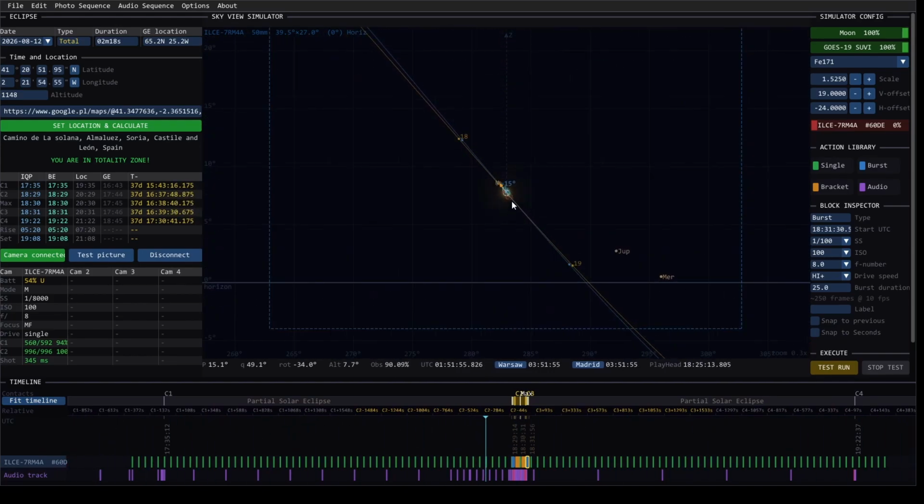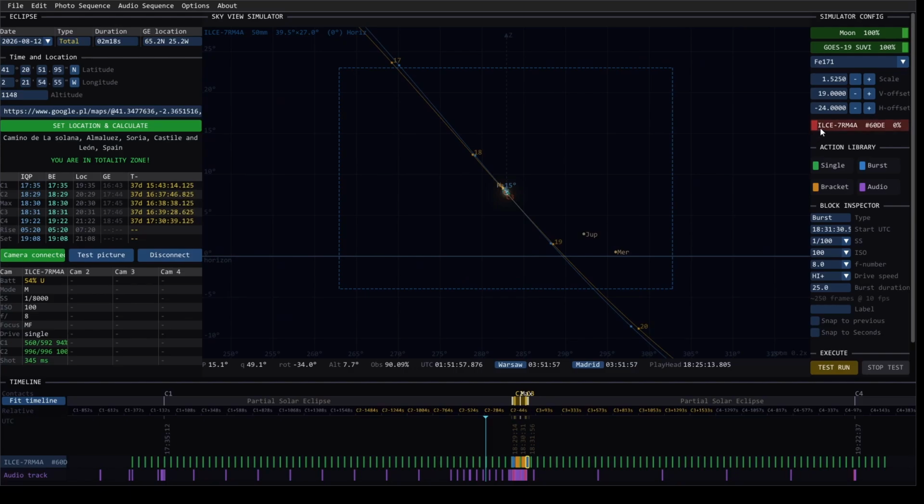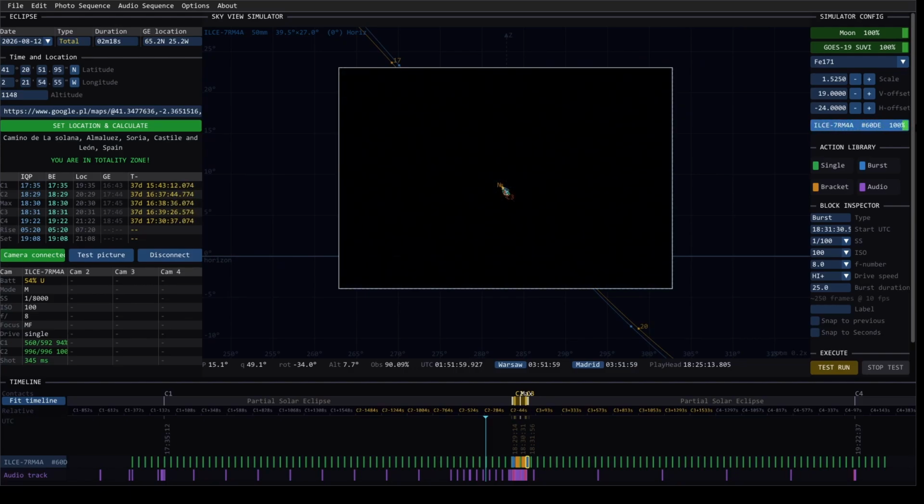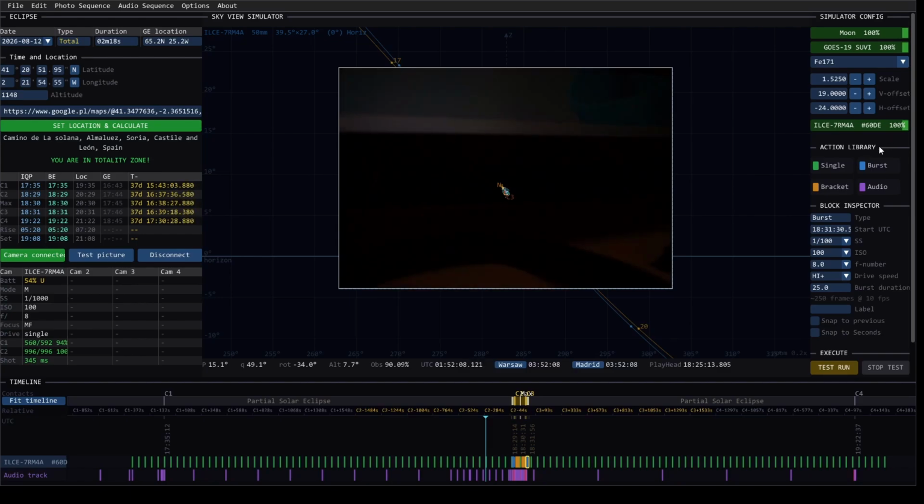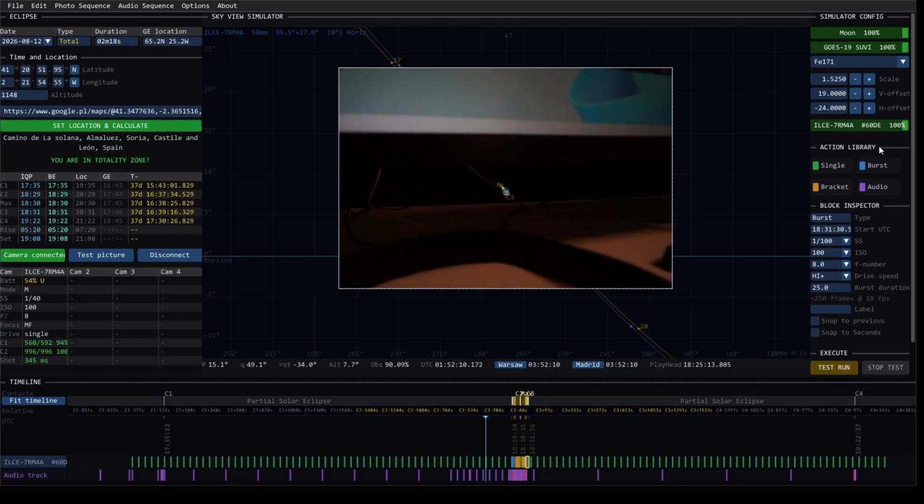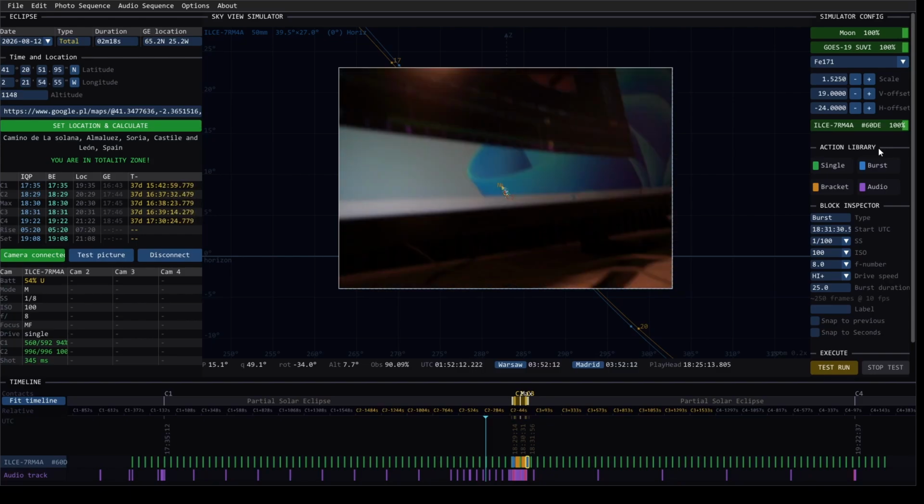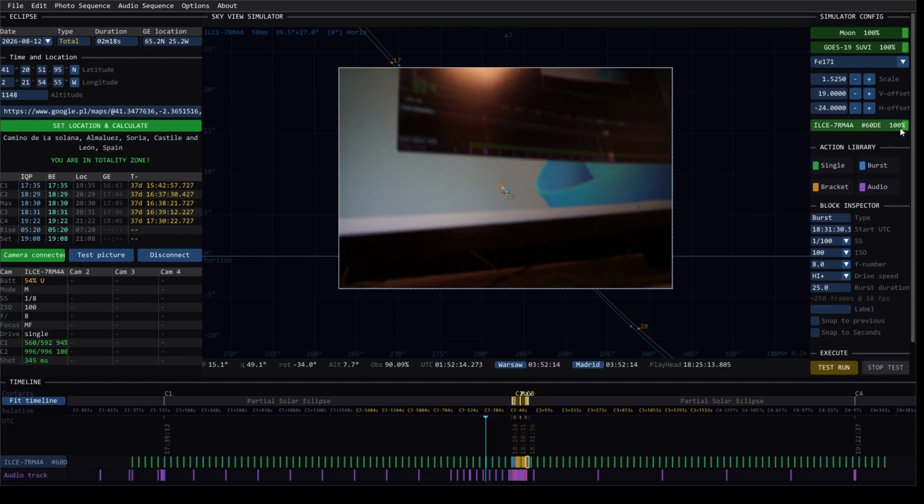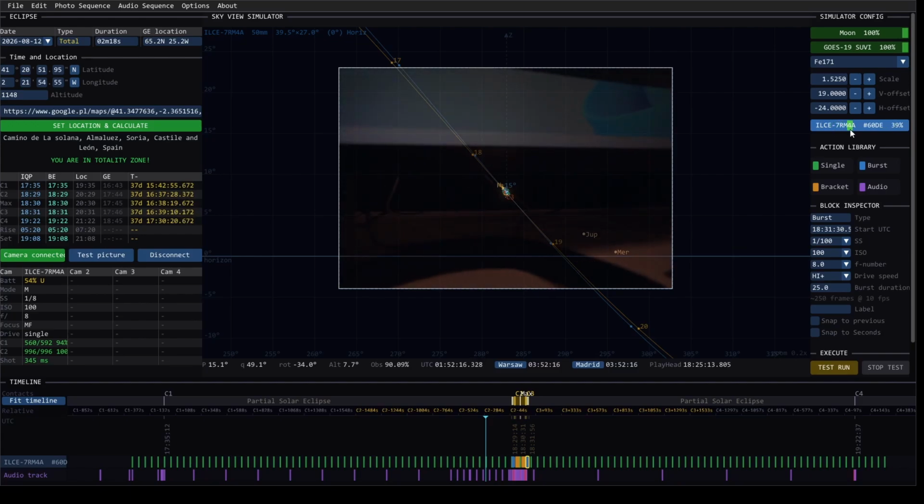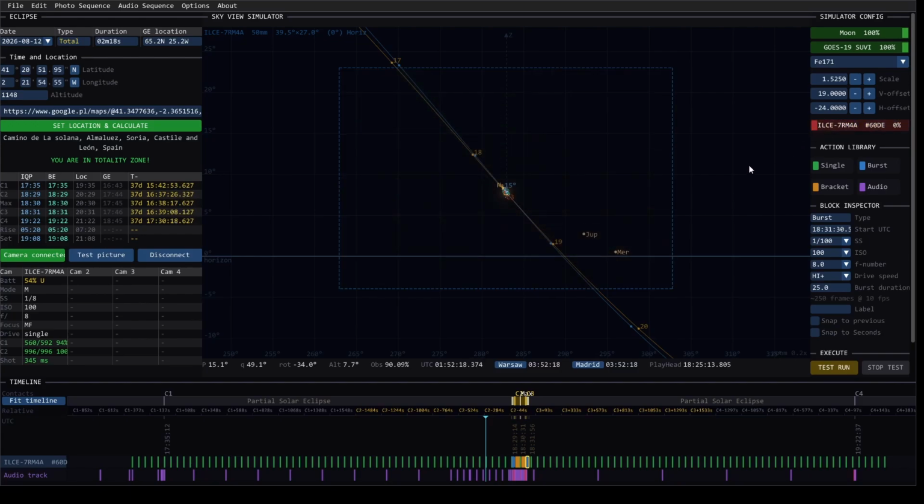But the simulator isn't limited to a virtual preview. Once you are already connected to your camera, you'll get a live feed from each camera, overlaid directly into the same simulated sky. That's the key link. The simulation stops being just a planning tool and becomes a real-time reference against your actual physical setup at your